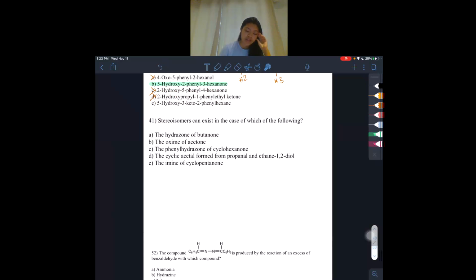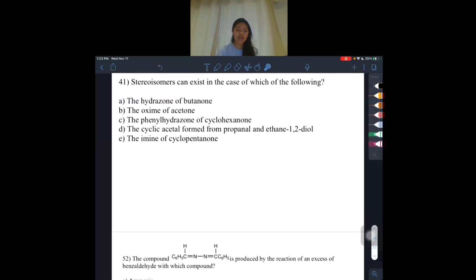Okay. So here's the question that everybody asks about. It's regarding stereoisomers. If you guys remember from Orgo 1, there were things called stereoisomers. A stereoisomer could be an enantiomer or it could be a diastereomer. Those are basically what our stereoisomers are. And so when we're looking at this,